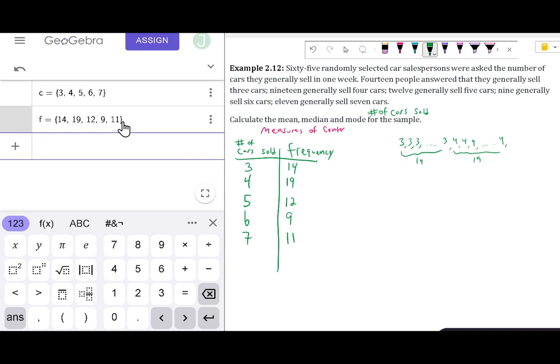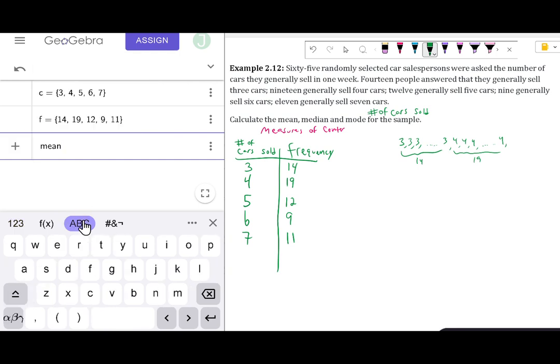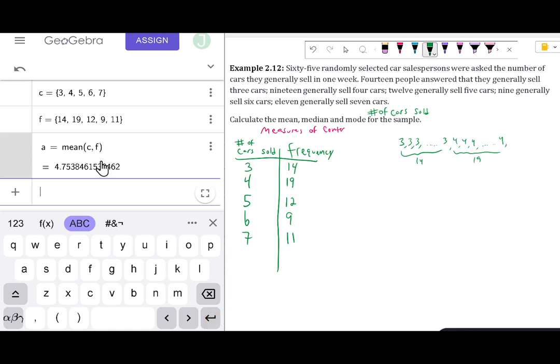So to calculate the mean in GeoGebra, we just need to type in the word mean. Again, I should be doing this with my on-screen keyboard, not my regular keyboard. If I had done that, I would have just typed in MEAN. And then, I'm not a huge fan of the drop-down menus here. I like to just enter this by hand. In order to do this, we're going to do the mean of C, comma, F. And when we do C, comma, F, it will use both the variable and its associated frequency. So the mean of this data value